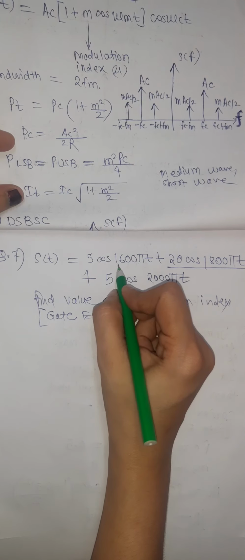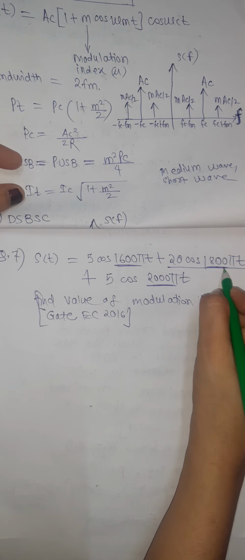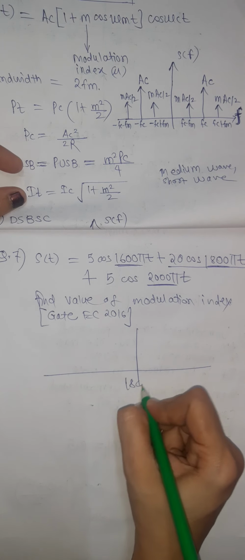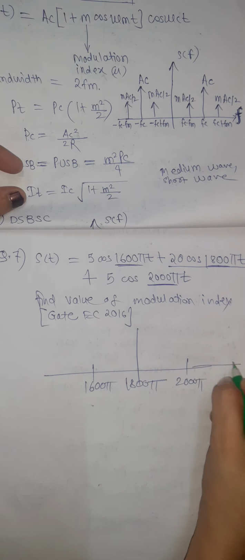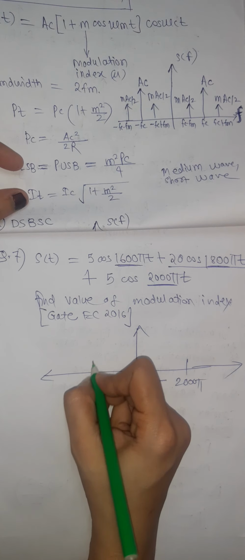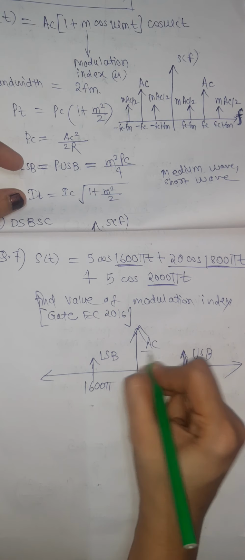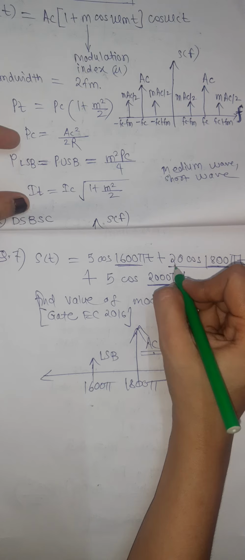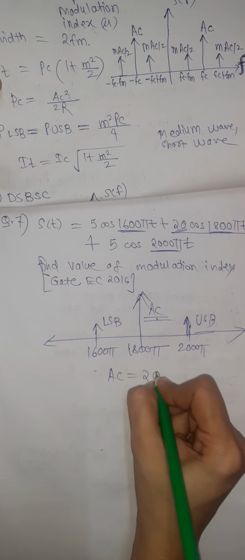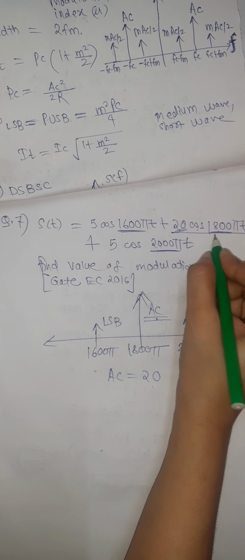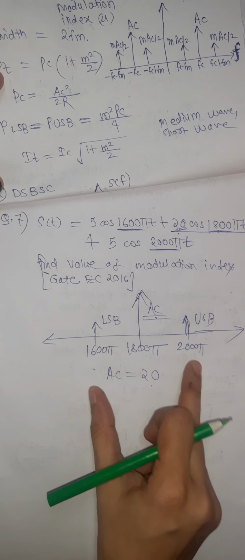Just identify 1600 pi t, 1800 pi t and 2000 pi t. So 1800 pi is in the middle, this is 1600 pi and this is 2000 pi. Then obviously it is the lower sideband, the upper sideband, and this is our carrier signal. So we will get AC from this. The amplitude of the carrier signal AC is 20 cos of 1800 pi t, because at 1800 pi t our carrier is present, so AC is equal to 20,